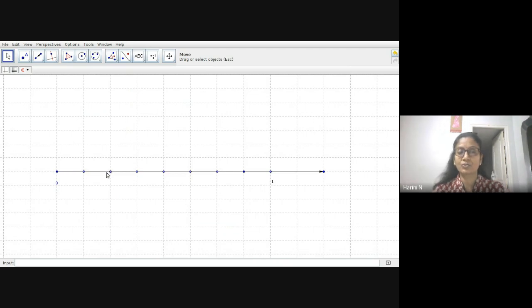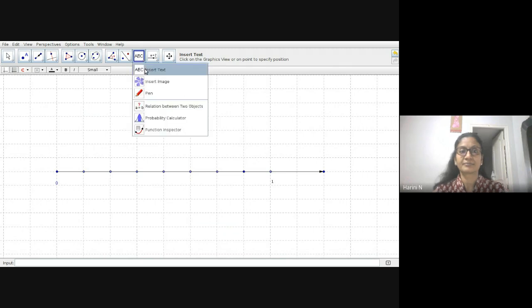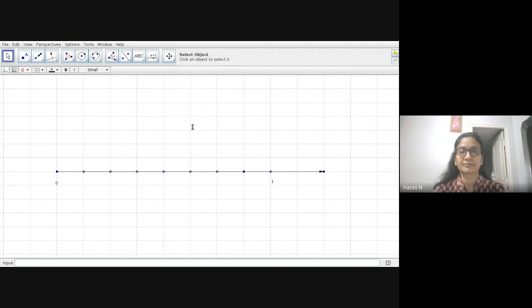Can you see 1, 2, 3, 4, 5, 6, 7, 8, right? So this first division will represent 1 out of the 8 divisions. So this will represent 1 by 8. That's what you have to mark there. Can you see it's telling it is 1 by 8.